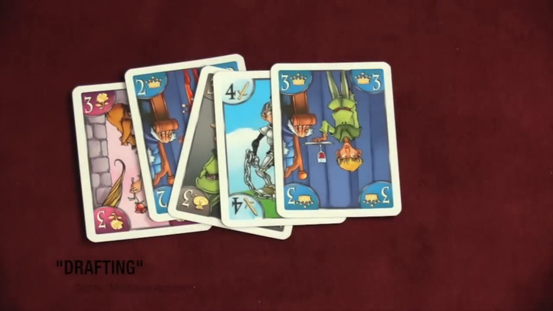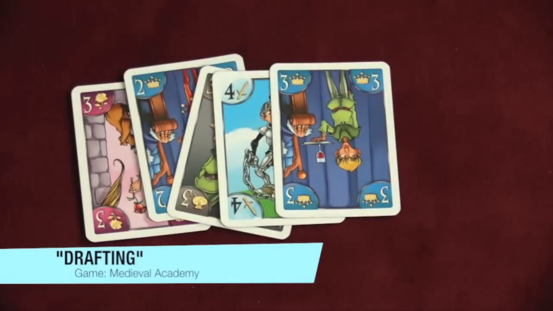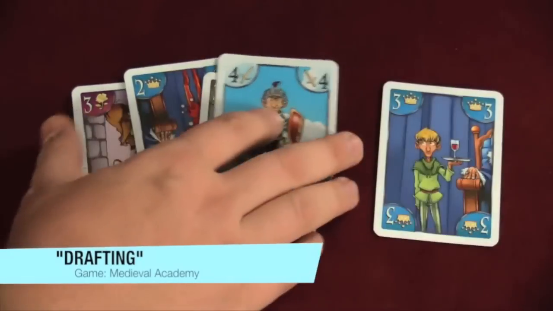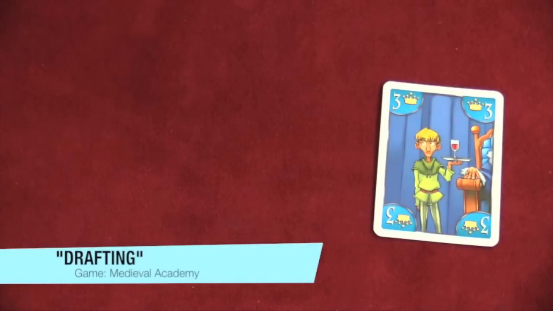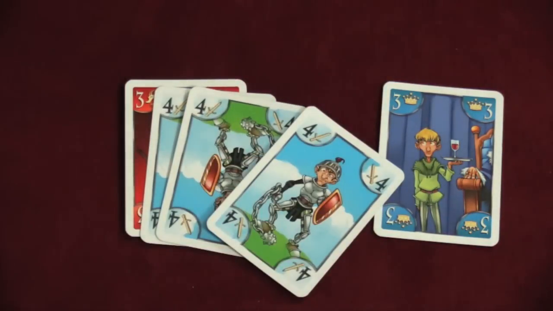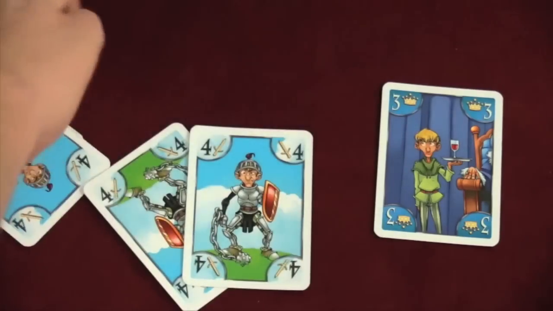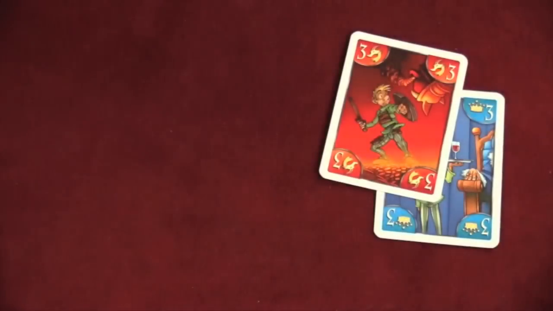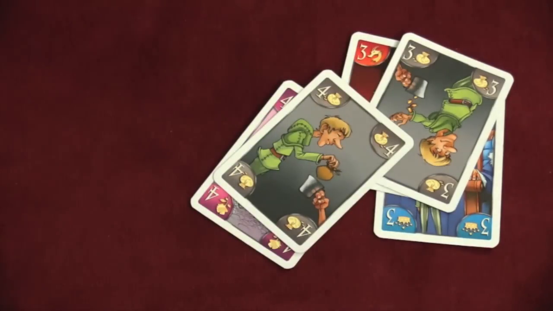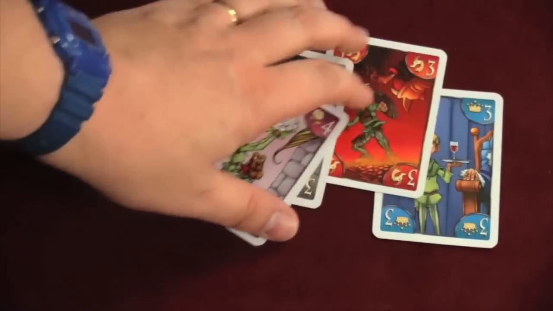A drafting game is a game where you will get maybe a hand of cards, and you'll look over this hand of cards and you'll decide one of the cards to keep and then pass those cards to the next player, who will then pass you their cards. Another player will pass you cards, and you say, well, I want this one, and then pass those on. And then you'll get fewer cards, and you'll draft one of those, and then fewer, and you'll draft one, and then you'll finally get one card left over, and that's your hand of cards.